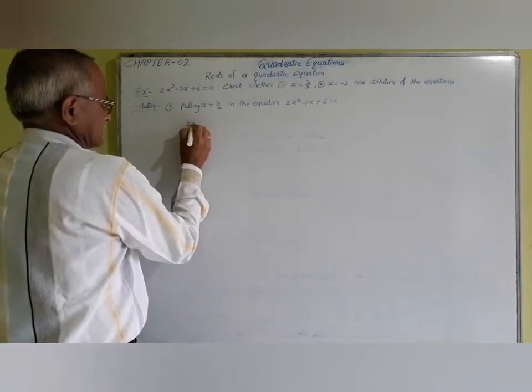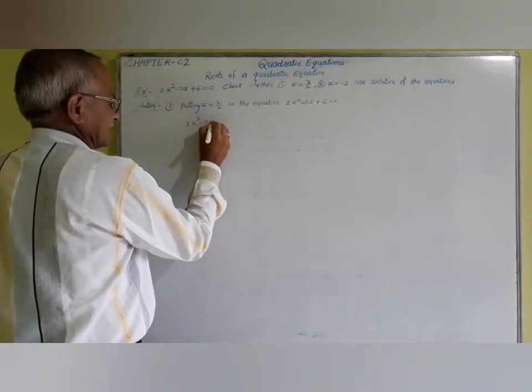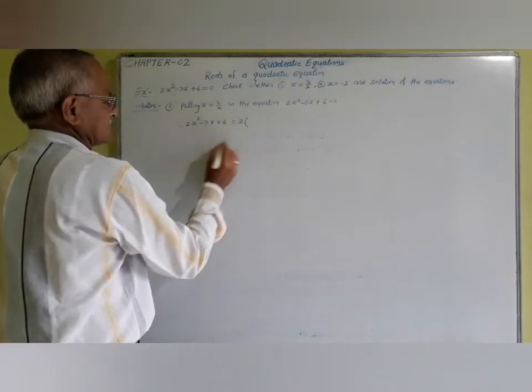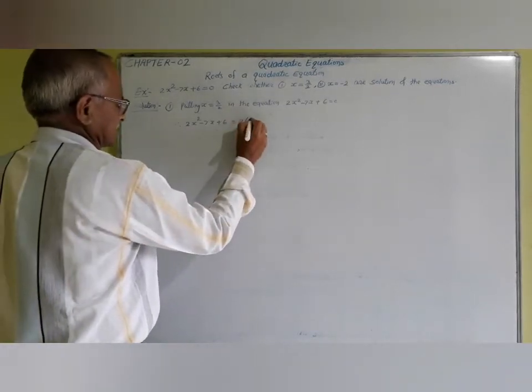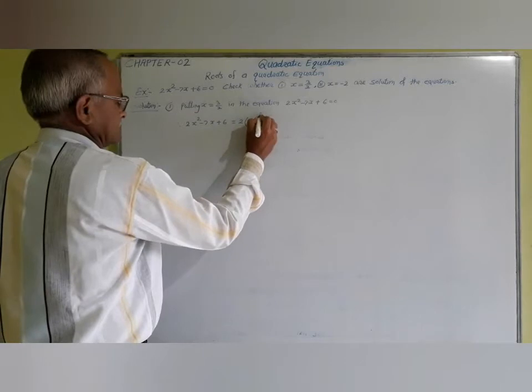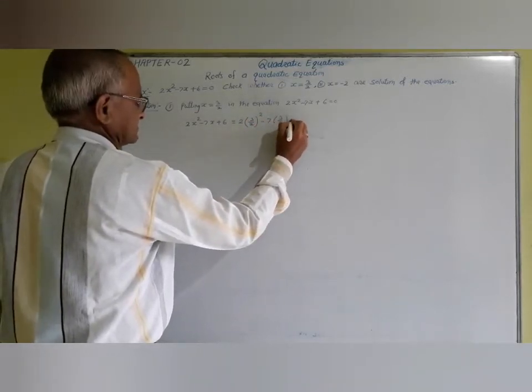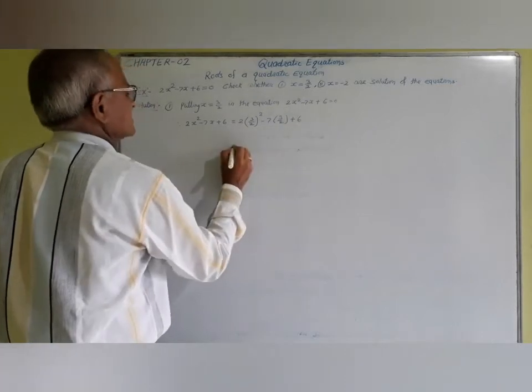Therefore, 2x square minus 7x plus 6 is equal to 2, x square means 3 upon 2 whole square, minus 7 multiplied by 3 upon 2, plus 6 is equal to